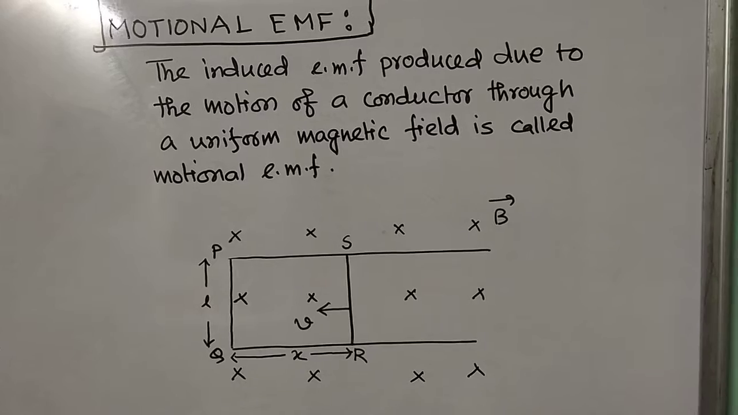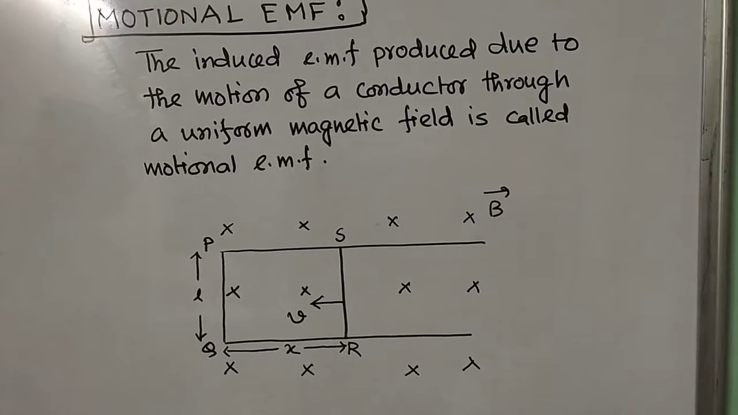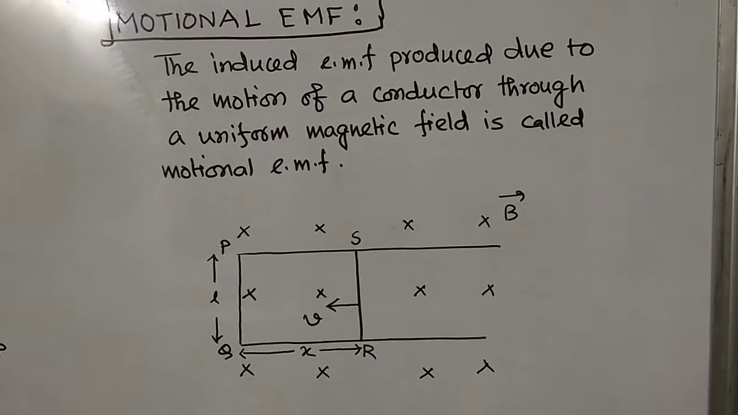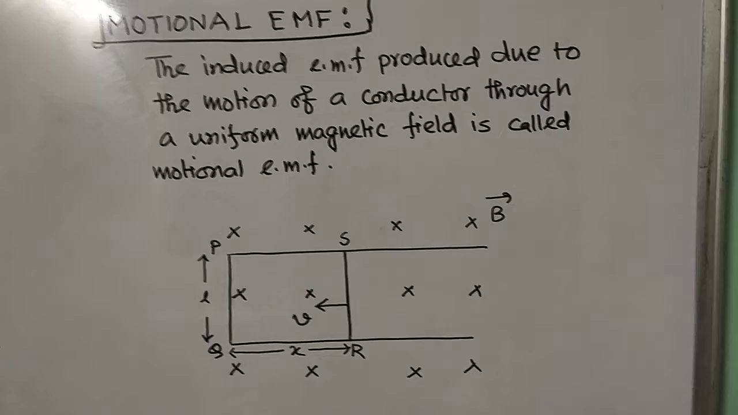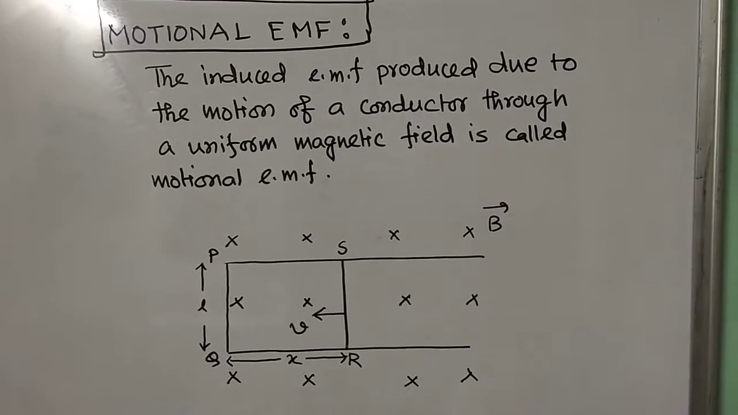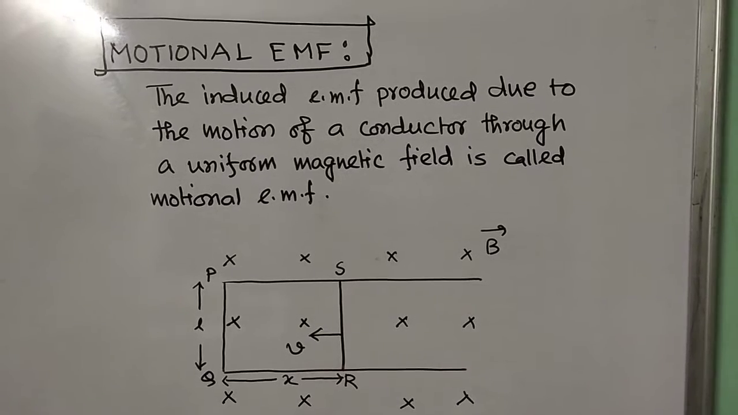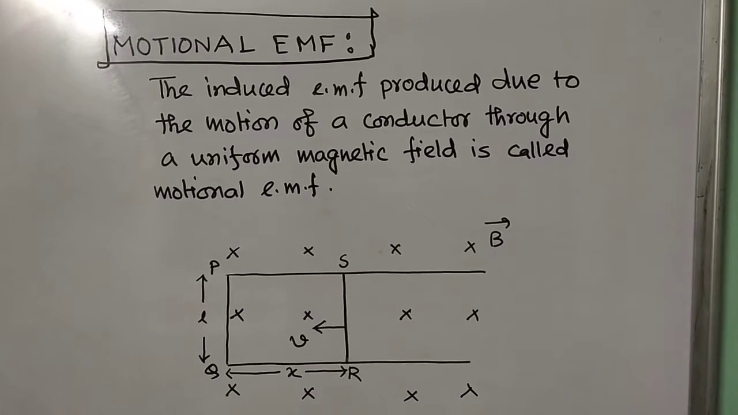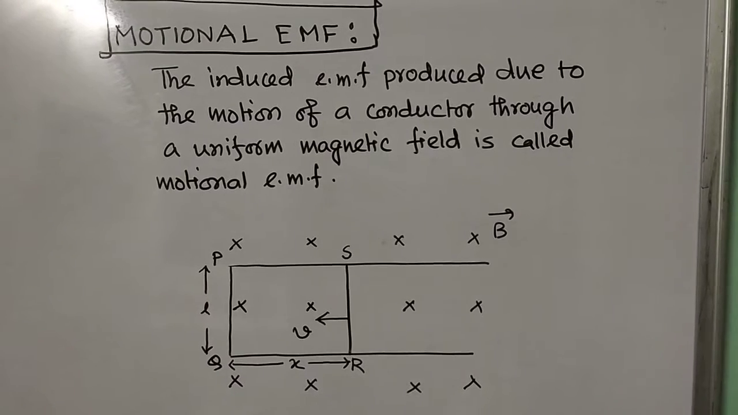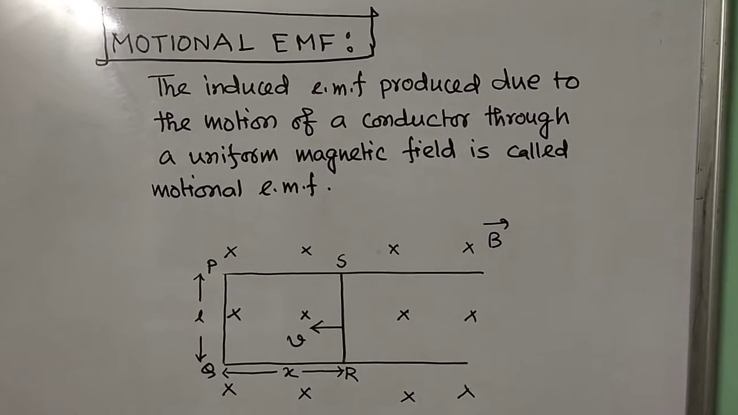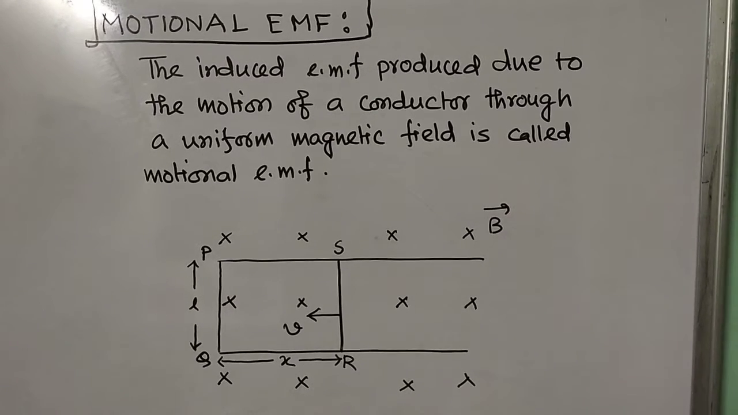Now as SR is pulled with the velocity V, what happens? The area of the loop changes. It means there will be a variation of flux, and as a result there will be induced EMF. So let me read out. The induced EMF produced due to the motion of a conductor through a uniform magnetic field is called motional EMF. Let me repeat. The induced EMF produced due to the motion of a conductor through a uniform magnetic field is